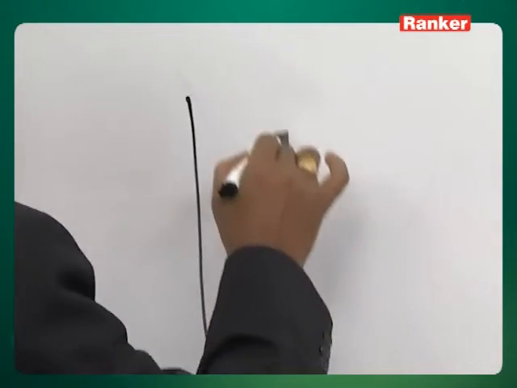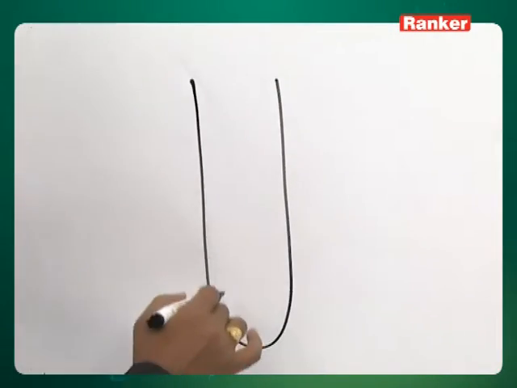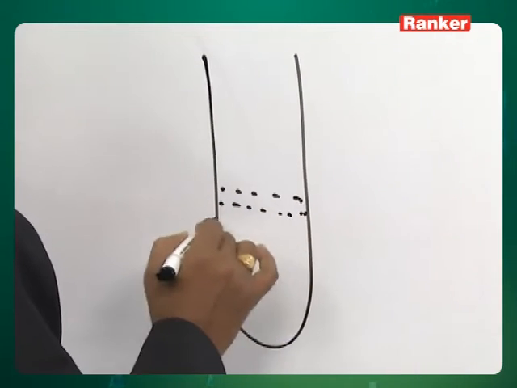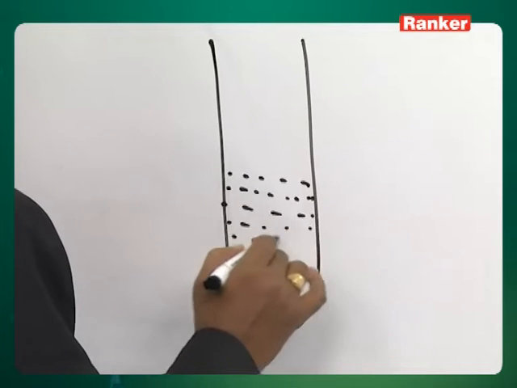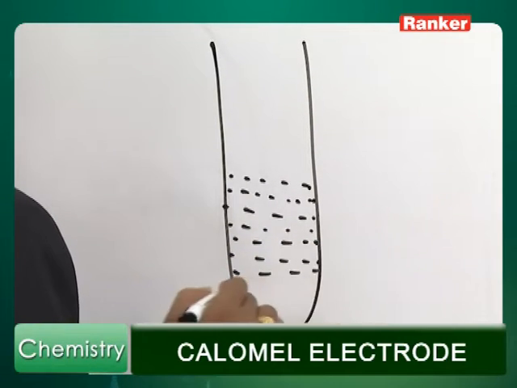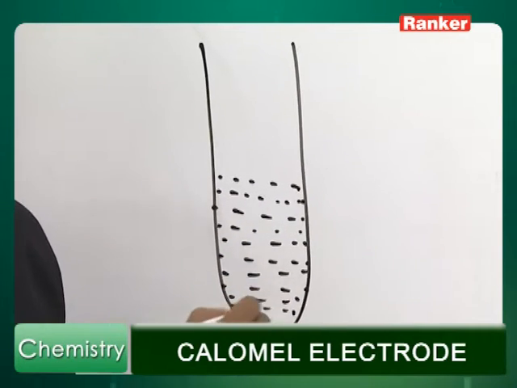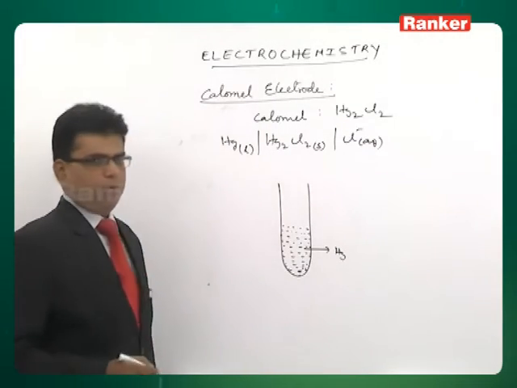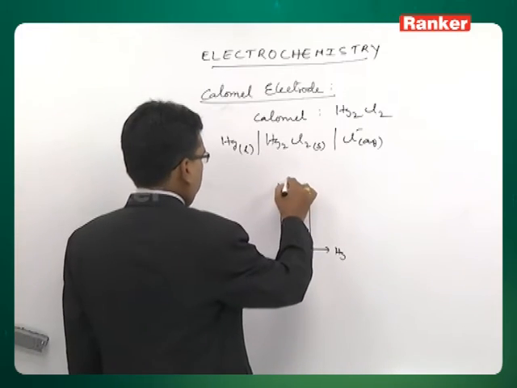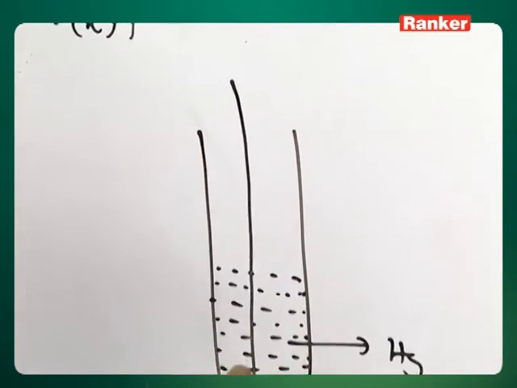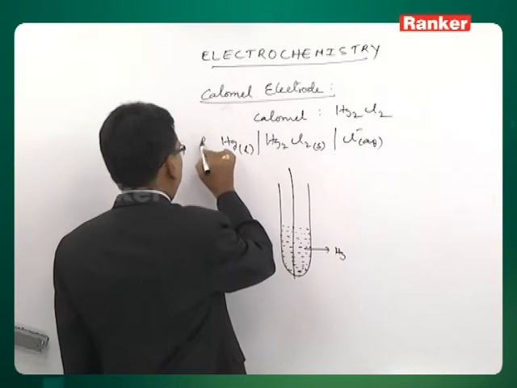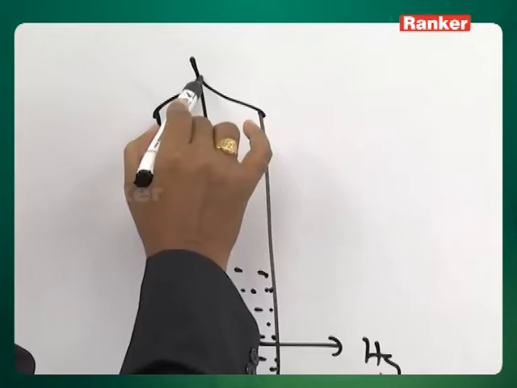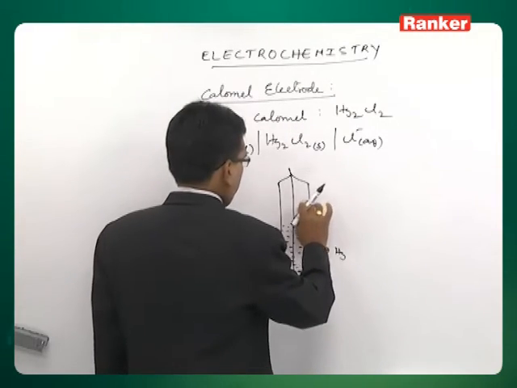Or simply, you can take it directly in a test tube, a glass tube. The liquid mercury is taken first, it is filled with liquid mercury. It is liquid mercury, but of course here, to have a conductor, we use a platinum wire, and into this is passed